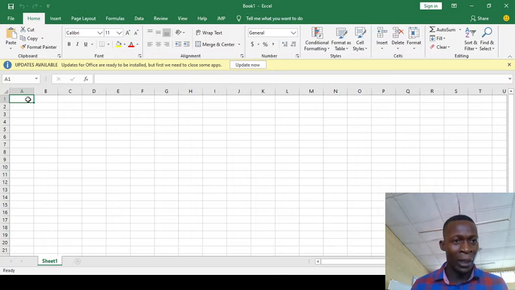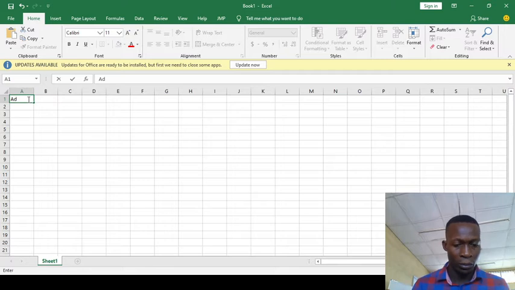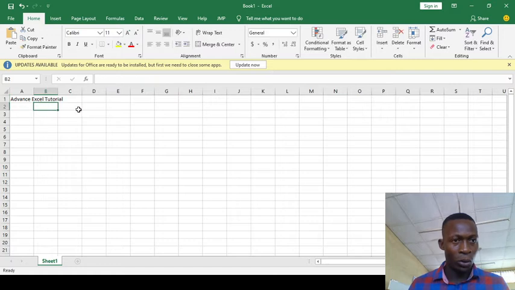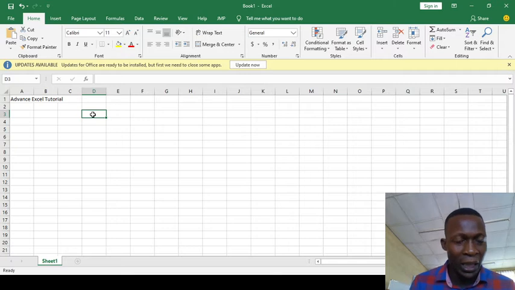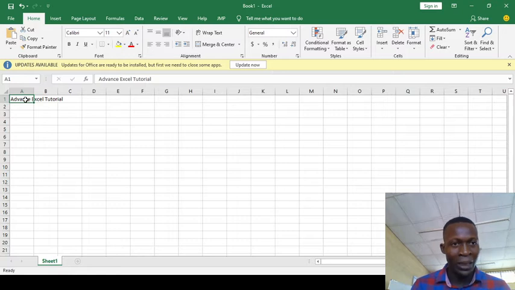So let me just write my title by saying Advanced Excel. Sorry. You can see that once the content of a cell exceeds the space you have in the cell, it's going to span out. You can see from this that Excel is in one cell, that is cell A1. The number of the cell here is A1, but the content I added has exceeded the space. So what you can do in this case is